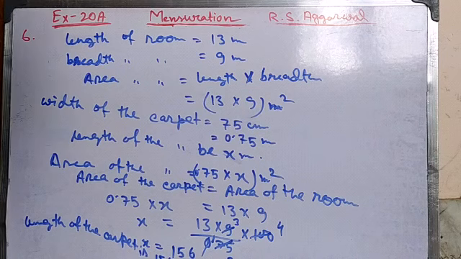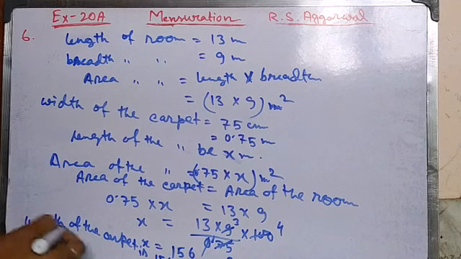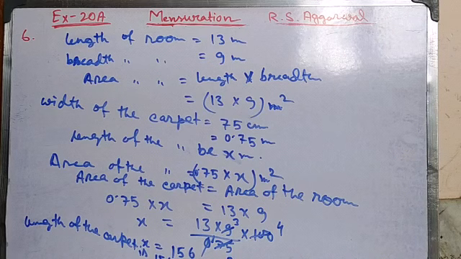Now what do we have to find out? The total cost of carpeting the room. That means 1 meter cost is rupees 105. From the shop we buy carpet or any cloth by length. That means lengthwise we buy the carpet or any cloth. That's why the 1 meter carpet cost given, rupees 105, is for the length of the carpet. So here also we will use the length of the carpet, that is 156 meter. What the carpet cost will be, that we will find out.